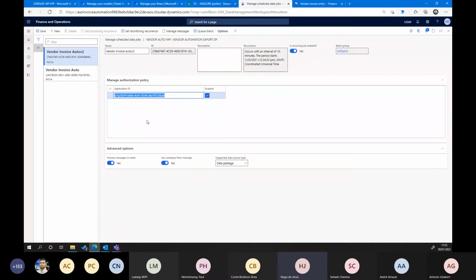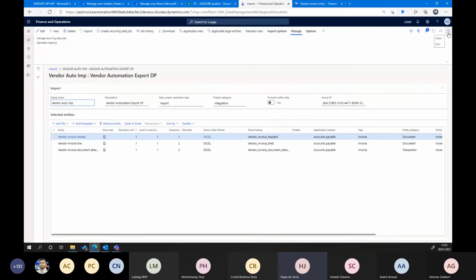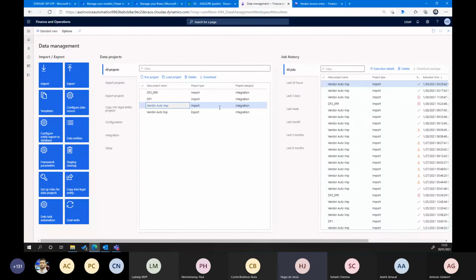But this is a standard configuration too. It's not for vendor automation, it's for the application integration framework. But you need to configure it first to manage the queue. This is all the information that you need to create first, and then when you have the model and you have the data management framework configured,